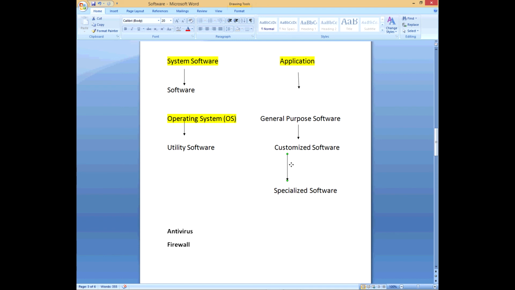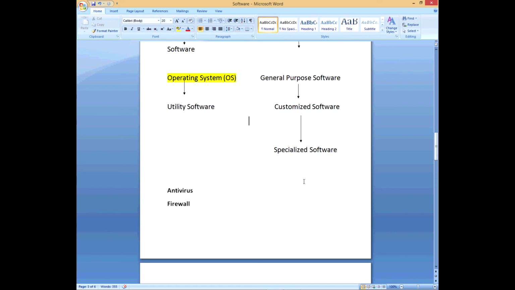Then we have customized software, meaning you go to the same software house we were talking about at the top, and they would design and make the software to suit your needs. Then we have specialized software, which is software that is made specific to a company or industry. That's a lot.